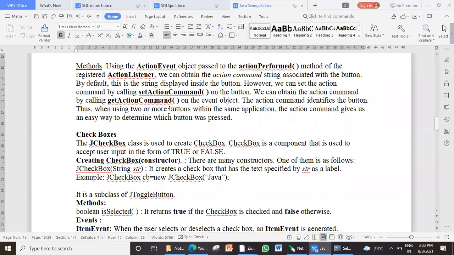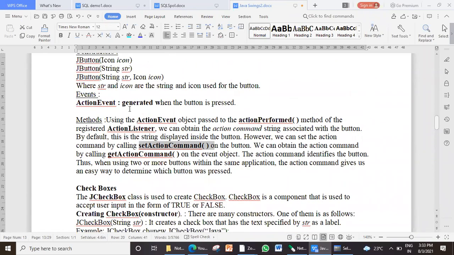If you want a different name, you can make use of setActionCommand on the button. You can set the nickname on the button, and when you say getActionCommand, that nickname will be fetched. Right? So this is how a button can be created. I hope this is clear to you.